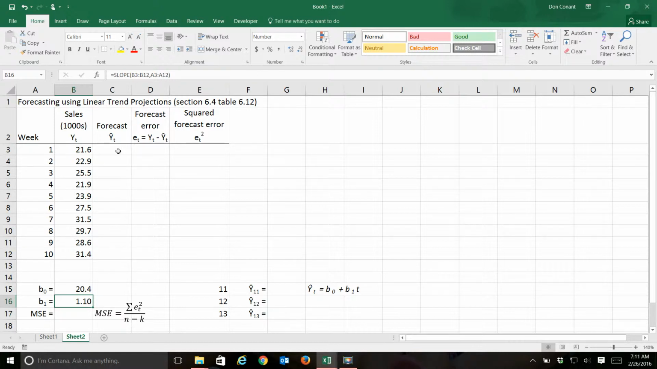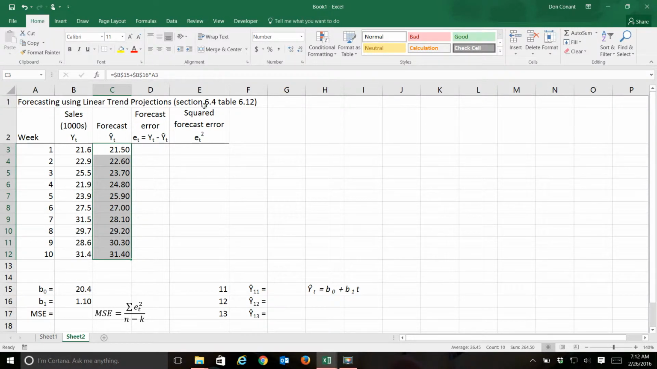So we can go ahead now and construct our forecast using the forecast equation here. Our forecast is going to equal the intercept, and I'll have to make that absolute, or b sub 0, plus the slope. I have to make that absolute, b sub 1, times the period. In this case, it's week 1. I'll leave that relative, so as I copy it down, it will calculate that for me. And I'll just double click and bring that down,